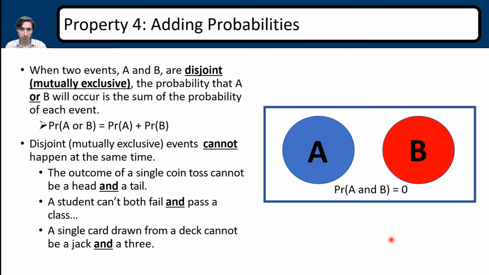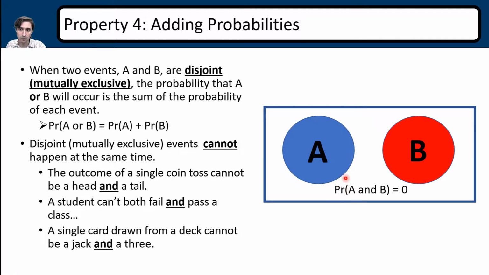Okay, going on to another property of adding probabilities. It shouldn't say property 4. I'm sorry, that was from the prior, but it is a property nonetheless. So when 2 events are disjoint, the probability that A or B will occur is the sum of the probabilities. So again, this is just going back to the probability of this and this equals something. So in this actual example right here, notice that there is no merge, just like that last example.